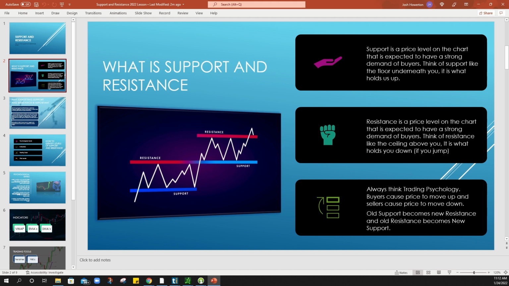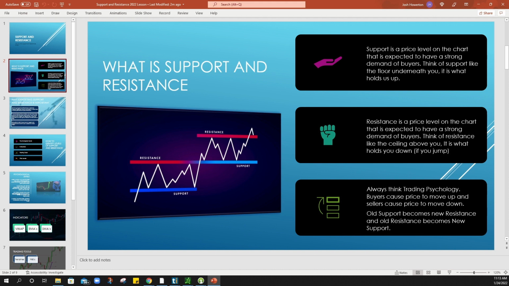So support, team, is a price level on the chart that is expected to have a strong demand of buyers. Think of support like the floor underneath you. It's what holds us up, right? If we jump up and down on our floor, it's holding us up. It's supporting us. It's what's currently holding you up. Support simply is a price level on the chart that is expected to have a very strong demand